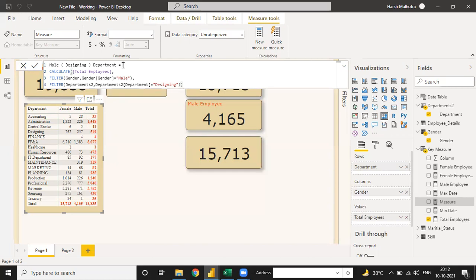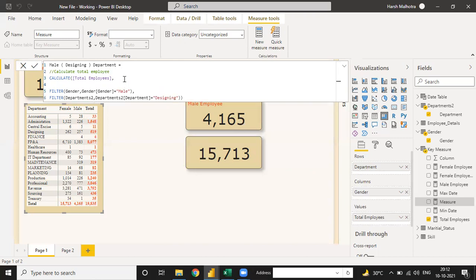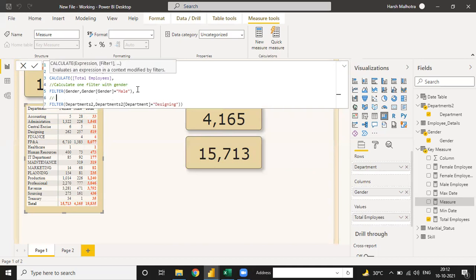See, so first we have CALCULATE, meaning calculate total employee, filter male, and male in the designing department. So I can write it here as a comment: calculate total employee first, then calculate one filter with gender wise, and second, calculate another filter with department wise.